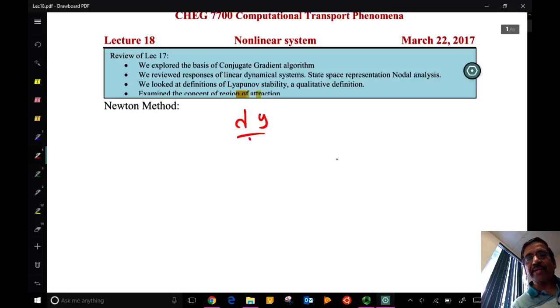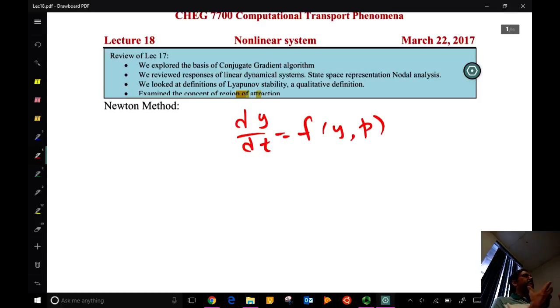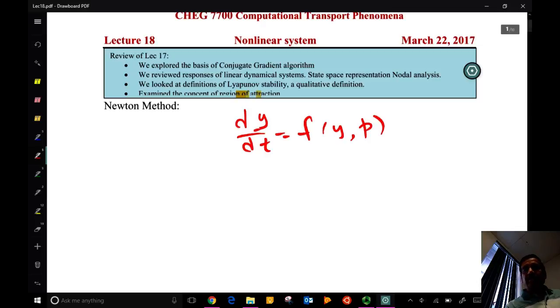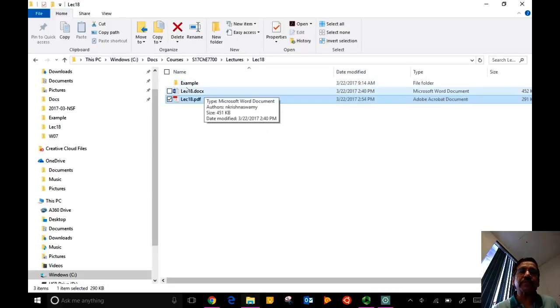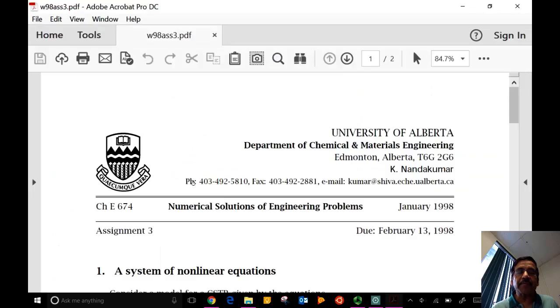So dy/dt equals f of y with some parameter p in the problem. A lot of dynamical systems can be represented in this form, where y would be a vector, so f would be a vector, and p could be a vector of parameters. A good example that I'm going to talk about today is a problem that you have already seen,